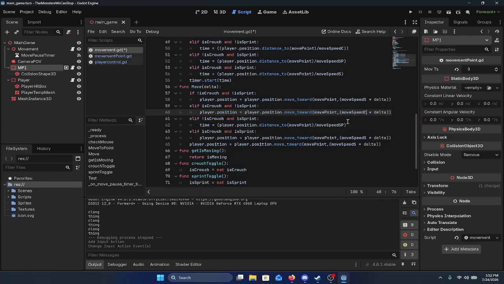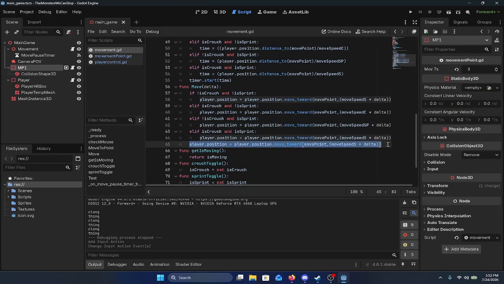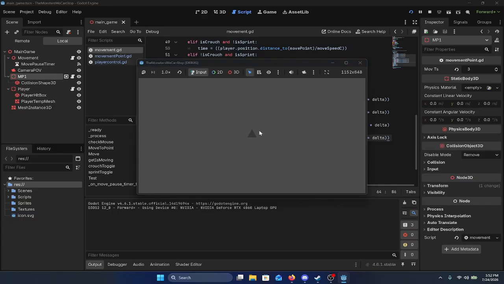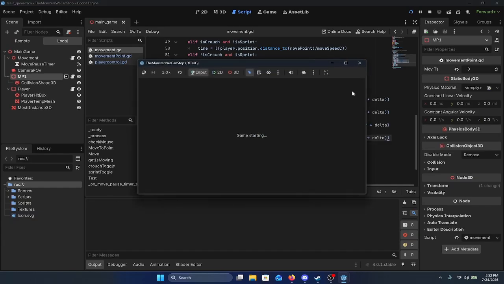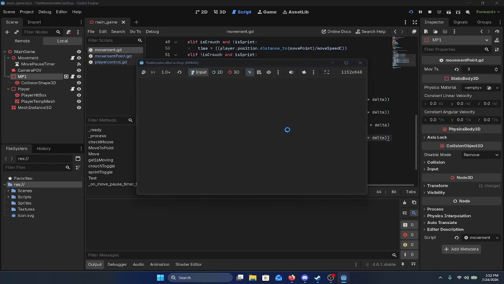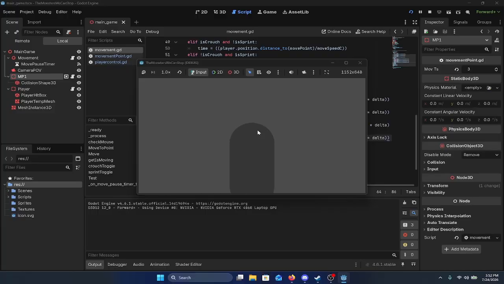If they're crouching, move speed C. If they're sprinting, then move speed S. And we can just cut that out entirely. Now, how does this work? So if I just move, perfect. If I'm holding control, much slower. If I'm holding sprint,